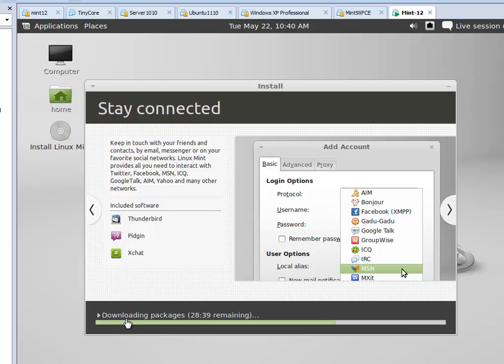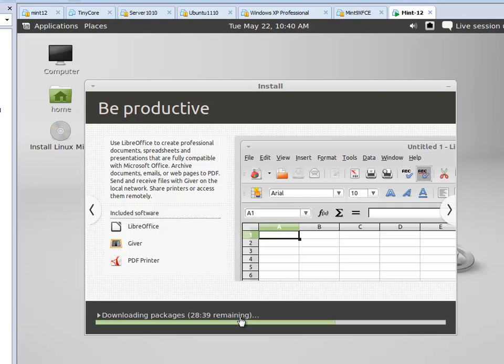Notice that at the bottom it gives you an estimate of how much time is remaining. And that's usually not accurate because this jumps around a lot depending upon the speed of your network. I don't think I've ever found this to be